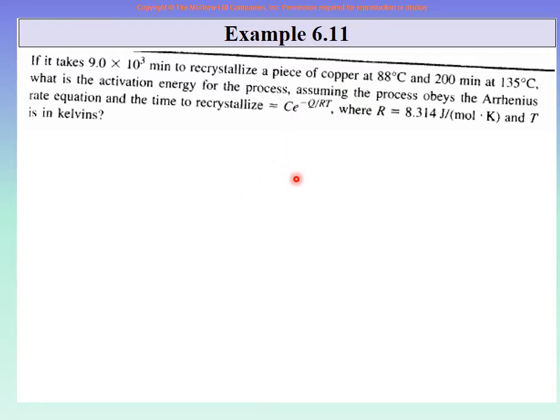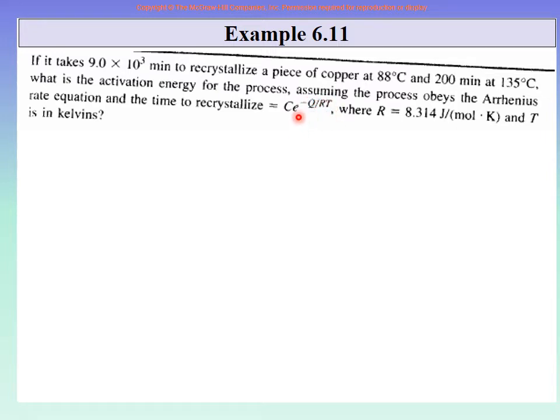Once you are there, then it is e raised to minus something. Okay? So one thing you can do is, you can take this to the other side, it will become e raised to plus Q upon RT. But this time will become 1 upon T. Do you understand what I am saying? Here T is equal to so much, and the C has already been cancelled. So now if you take 1 upon, this becomes 1 upon T, and this becomes e raised to plus Q by RT. Okay, and so on.